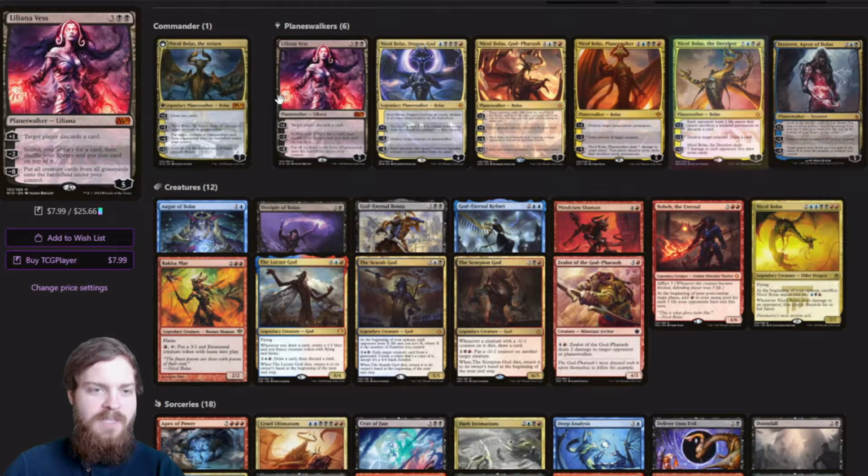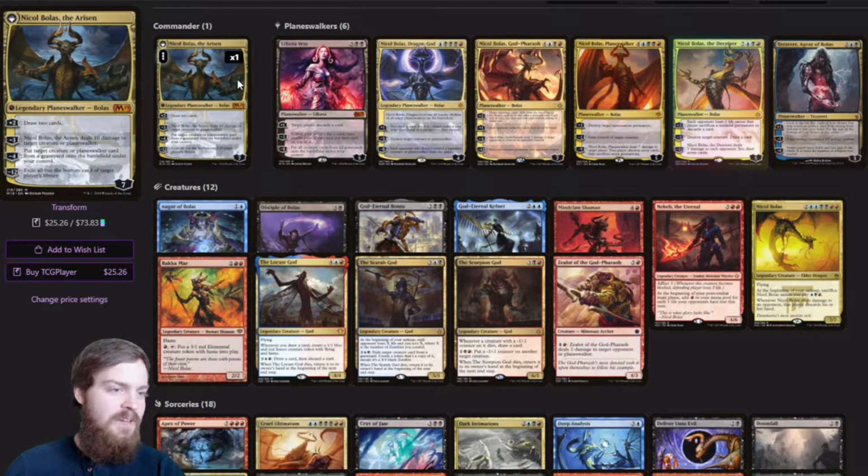And when you flip him, he turns into Nicol Bolas the Arisen, which is a planeswalker. You've got +2, draw 2 cards. -3, Nicol Bolas the Arisen deals 10 damage to target creature or planeswalker. -4, put target creature or planeswalker card from a graveyard onto the battlefield under your control. And -12, exile all but the bottom card of target player's library, and he starts at 7 loyalty. A lot of really cool utility that we get from this planeswalker creature, and this was recommended by Justin